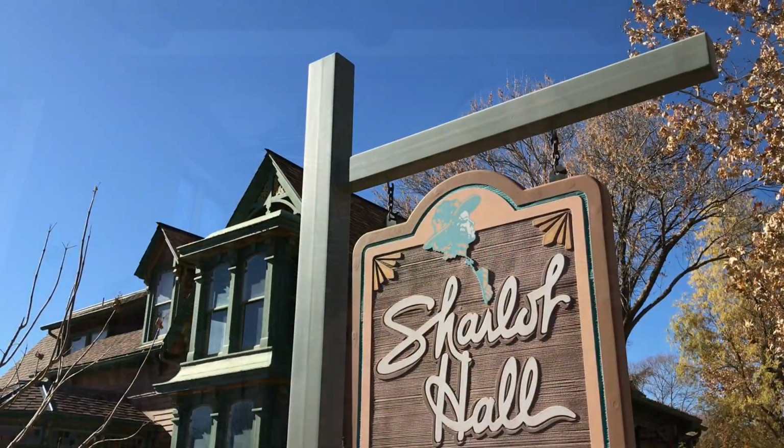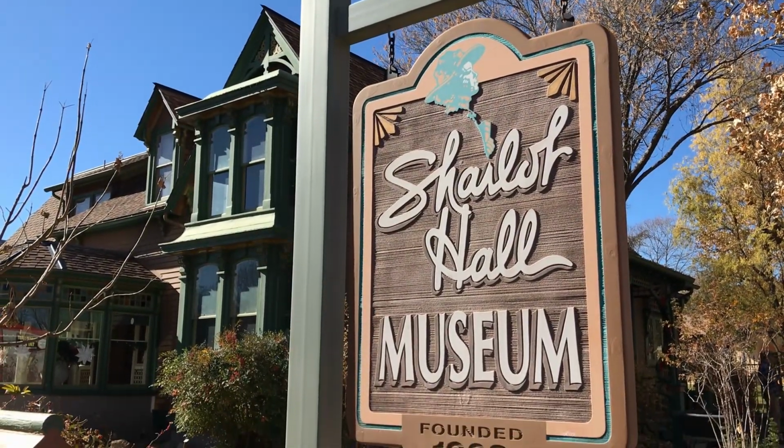If you'd like to spend some time learning even more about Prescott's past, you have the perfect opportunity to do so without straying very far from Courthouse Plaza. First, just 2 blocks west of the courthouse is the Charlotte Hall Museum, a great place to experience a bit